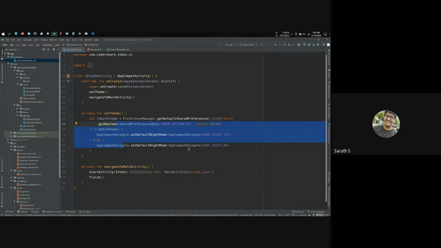Can we do something similar to any other part of the app? What do you mean, theming or about settings? I'm not sure what you mean. Please put it in the chat. I'll get to it afterwards. So yeah,